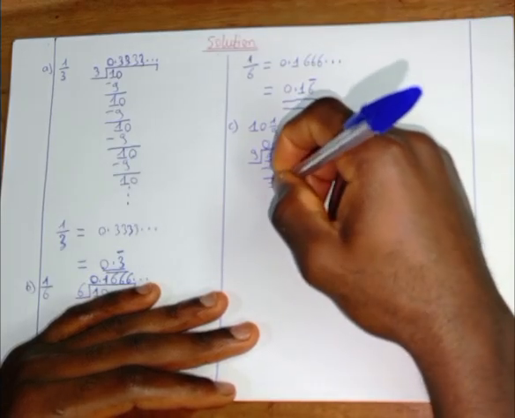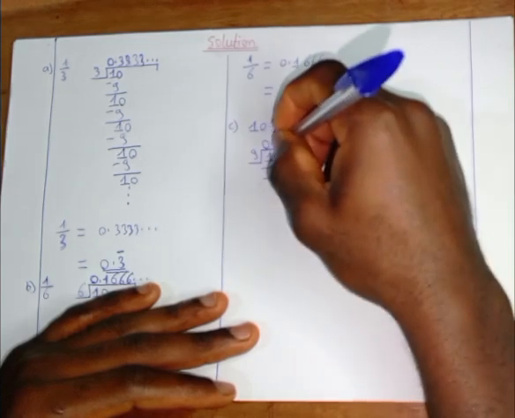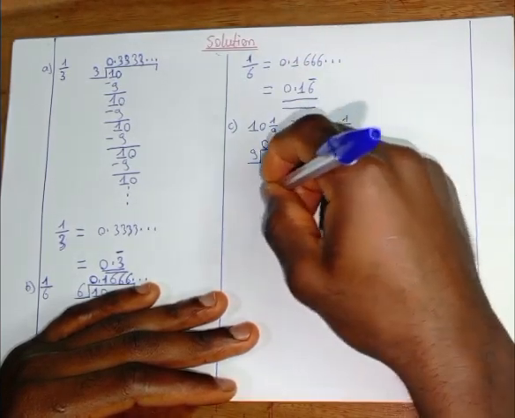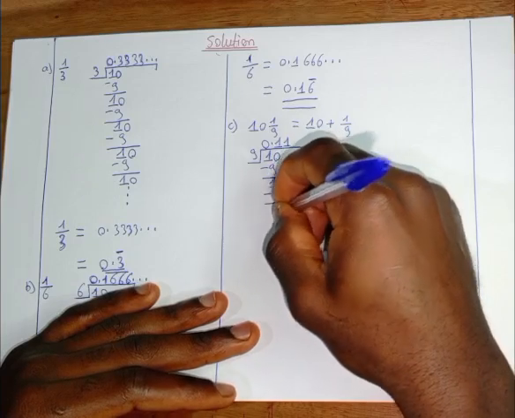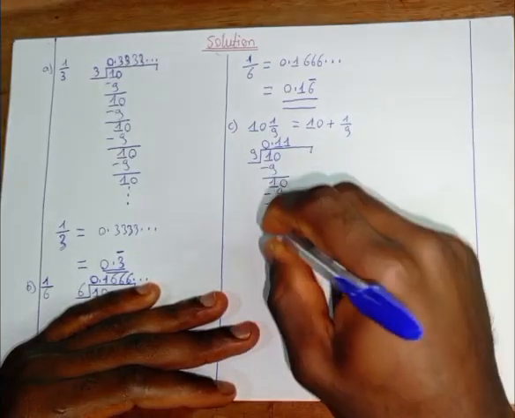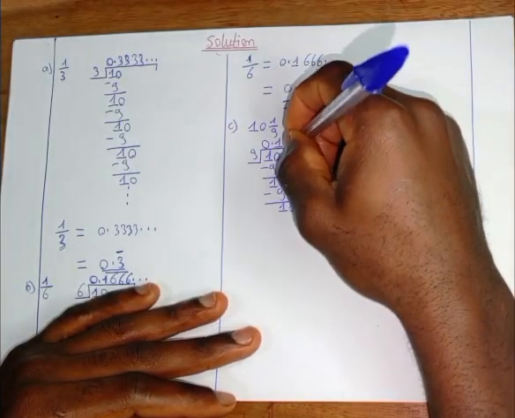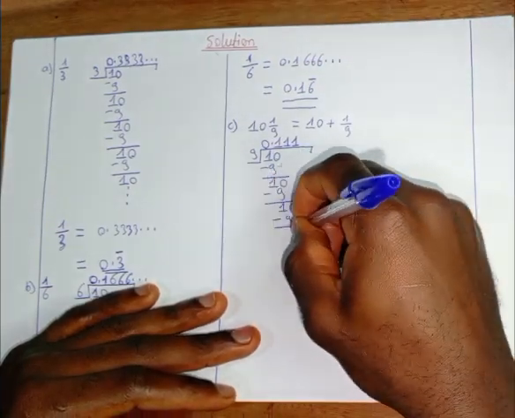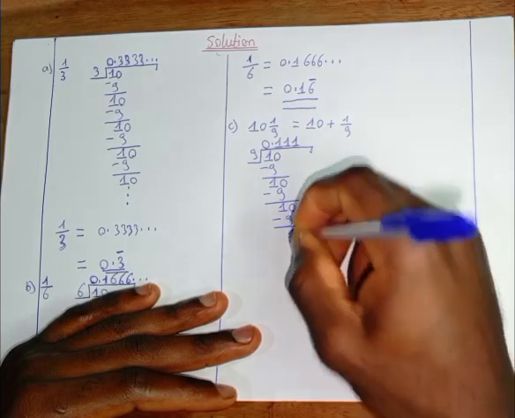We are going to attach a 0 for the second decimal place. 10 divided by 9 gives 1. 1 times 9, 9. We subtract. 10 minus 9 gives us 1. We attach a 0. 10 divided by 9, 1 again. 1 times 9, 9. We subtract, gives 1. We attach a 0